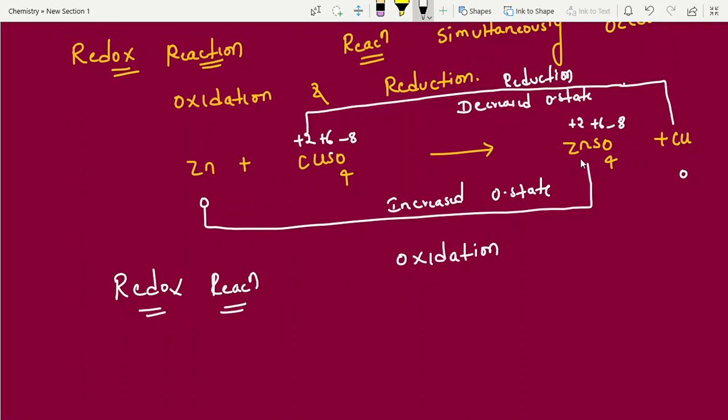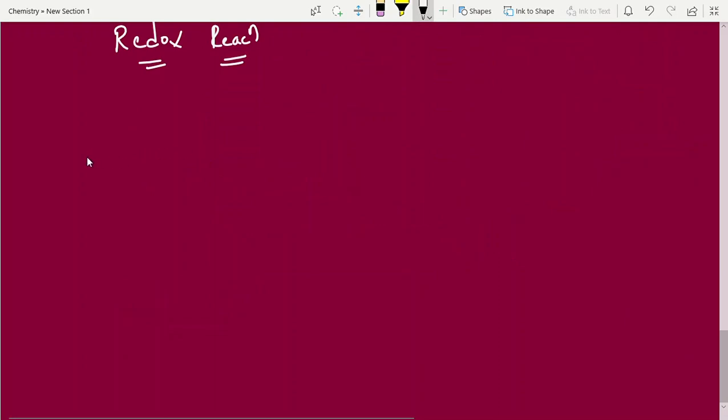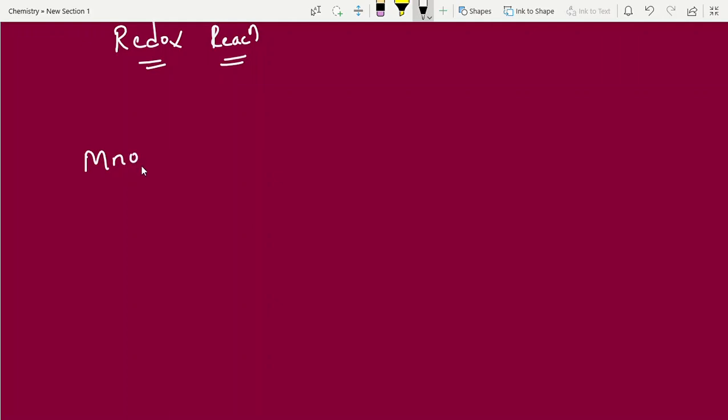Now, next another point. One of the important questions they ask in examinations. I am giving that question here, try to do it. MnO4 minus plus SO3 2 minus. This is an ionic reaction, students. Ionic form. So those who are facing the NEET examination, mains examination, your questions will definitely appear in ionic form only. But don't get confused, I'll explain this one. MnO2 plus SO4 2 minus.